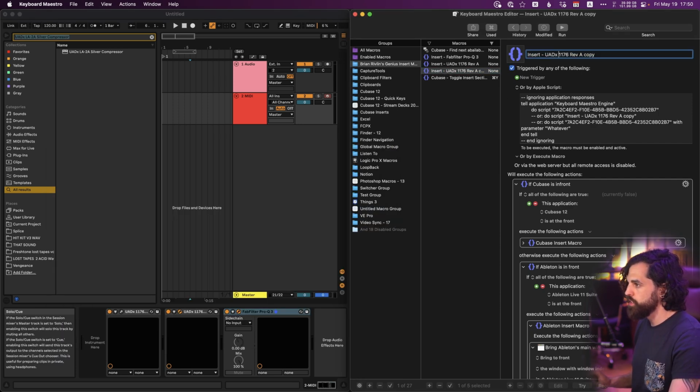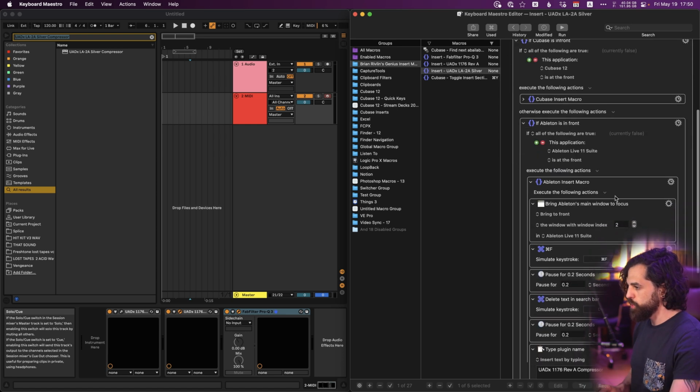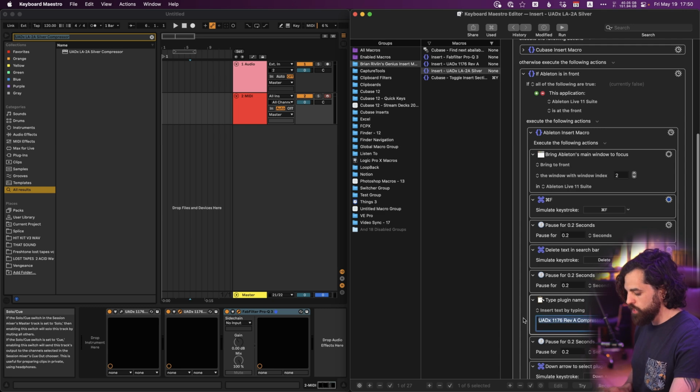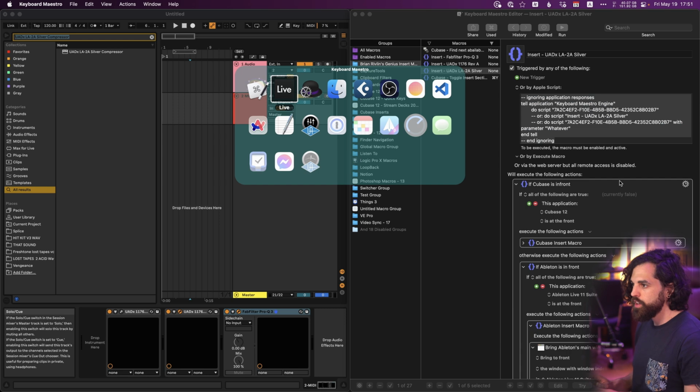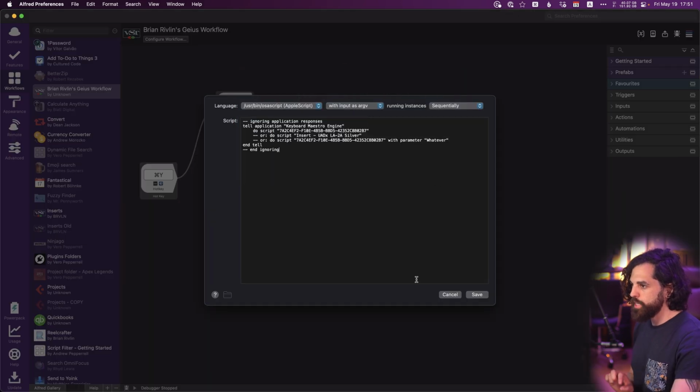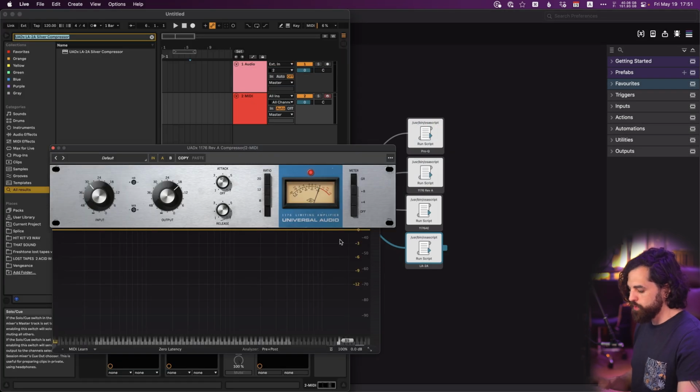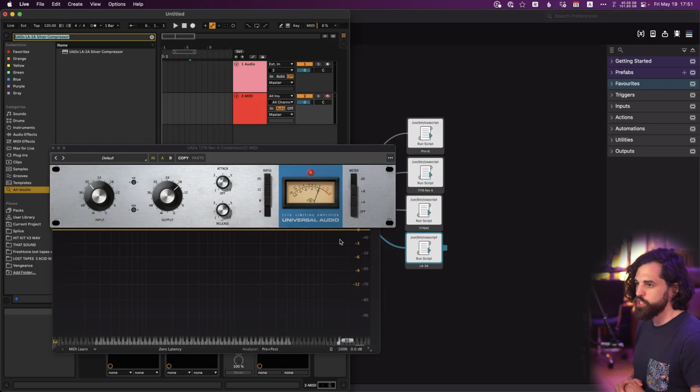We're going to call it LA2A Silver. And then we're going to paste the name here, make sure that it's correct, and then we have the address, so all we have to do is copy and then paste it here, replace this line, and then now if you go to Ableton and we choose LA2A, pasting it,